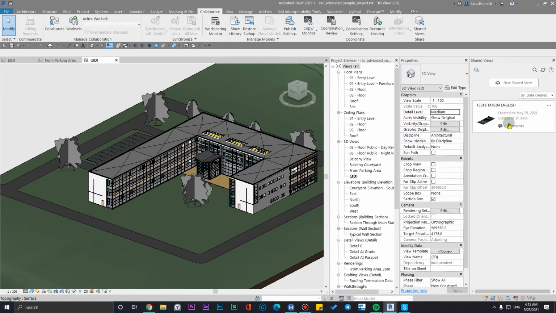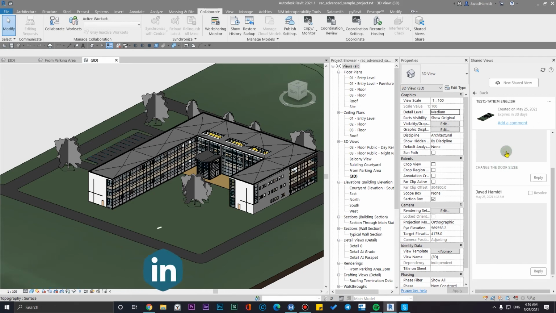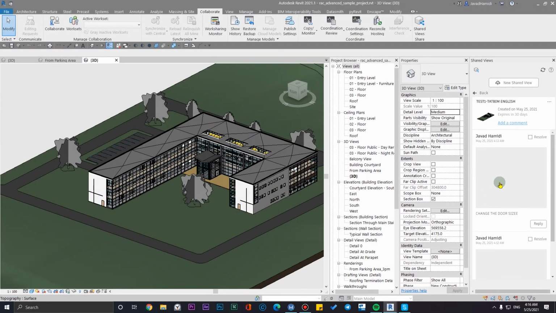After refreshing, you can see the number of comments that have been made by anyone that you have shared the model with. Now you can go to the comments and see them, you can see the viewports, and for more detail, you can click on them and see them in the browser too. Okay, that's it. I have some network problems and the thumbnails haven't updated yet, but you can see them clearly if you have no network issues.